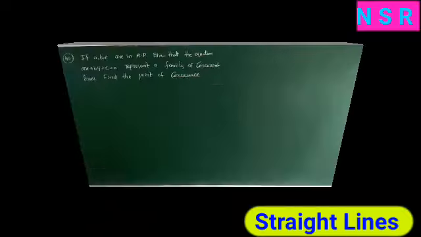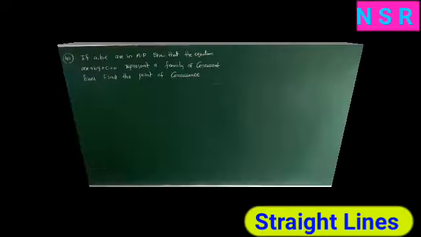Now A moves to this side and becomes 2b minus A equal to C, that is C equal to 2b minus A. So by using this condition, write the C value here. Why am I writing the C value here? Already we have x coefficient A and y coefficient B, so that's why the constant C changes into terms of A and B. Now the given line is AX plus BY plus C equal to 0. Now in place of C, substitute 2B minus A.